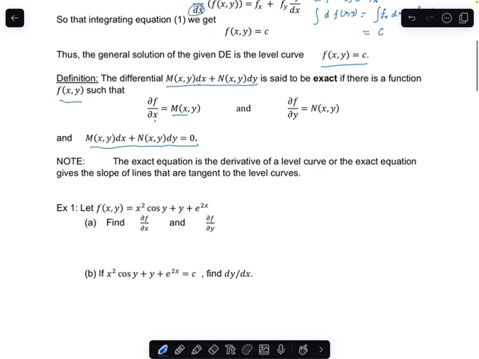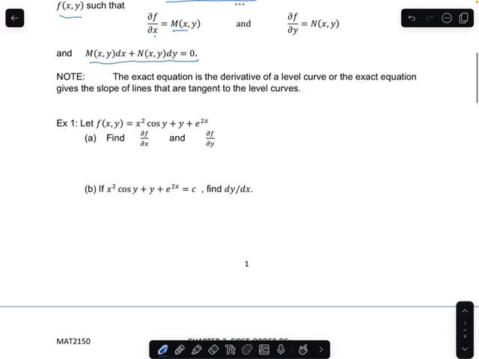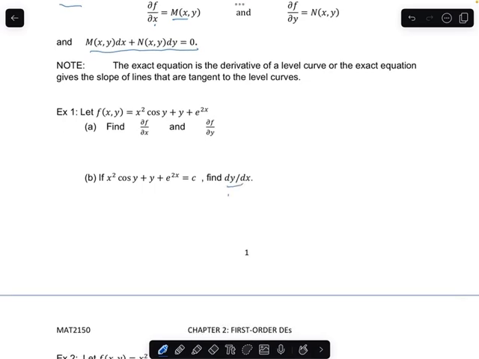Just a quick review of how to find the partial derivatives and how to find dy by dx implicitly. So if we are given f of x, y equal to x squared cosine of y plus e to the 2x, and I want to find this, then this quantity, which can also be written as f sub x, will be equal to, wherever I have a function of y, I will consider it as a constant,